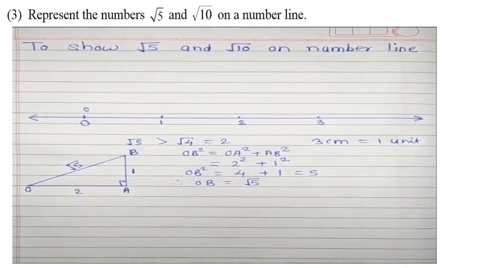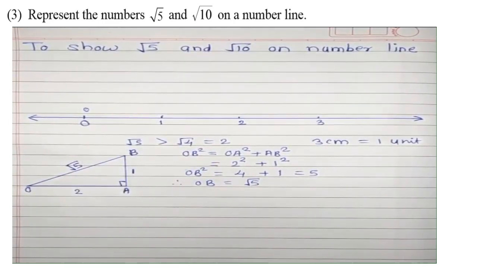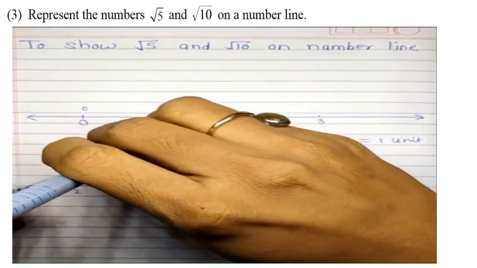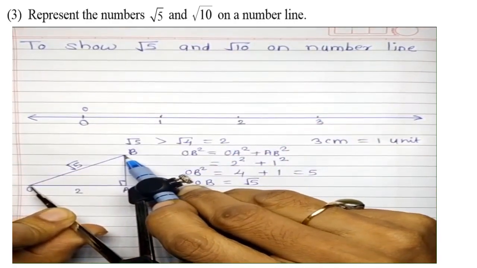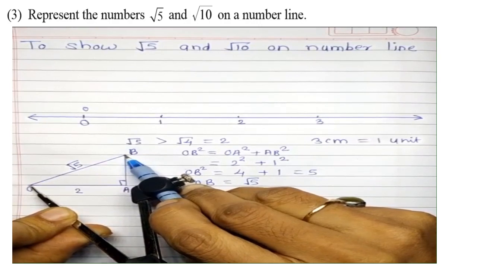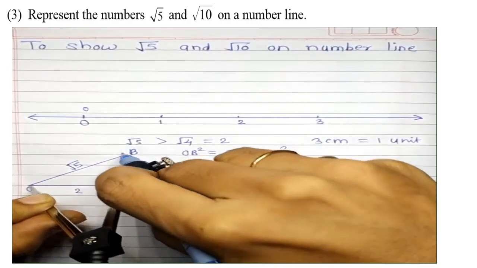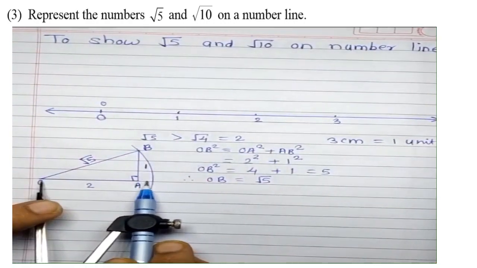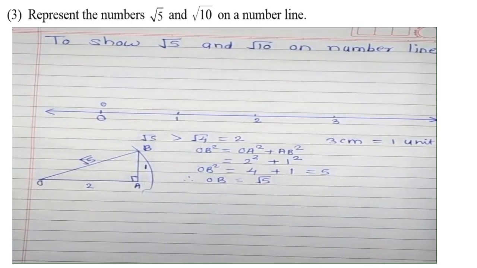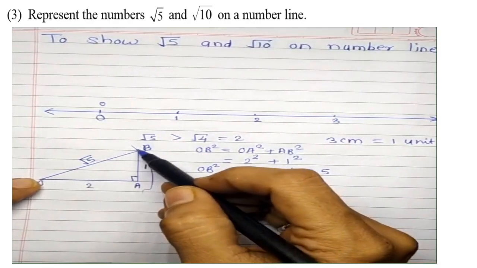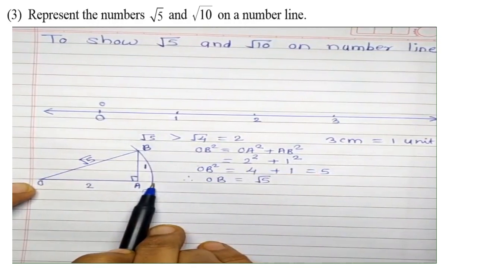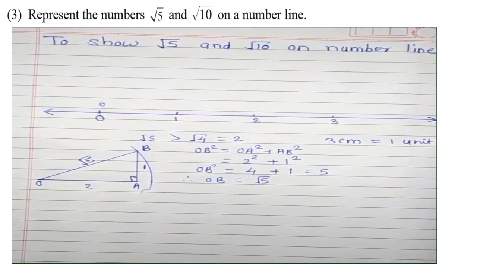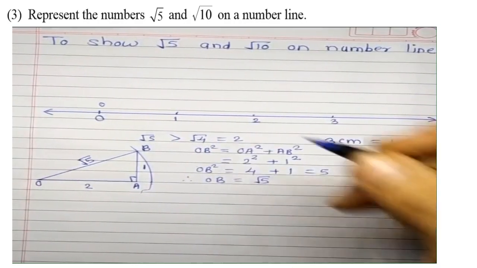Okay. Then you know that for a circle, all the radii are same. Radii are always congruent here for a single circle. So if I take this much radius here, this distance is how much? Root 5. And if I try to rotate it like this here I am going to get the same radius, that is root 5. So if this distance is root 5, this distance has to be root 5. So from this we can say that root 5 lies somewhere here. Now let us see how to construct it on the number line.